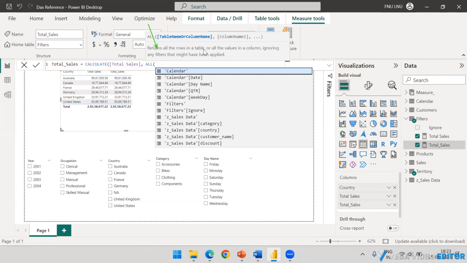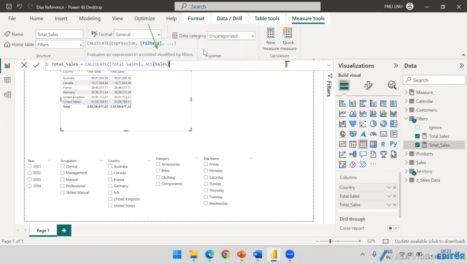Okay, so if I say I wanted to remove the filters which are applied to the sales table, meaning I wanted to return all the rows from the sales table. Actually, this is not going to remove these filters. What it will do, in this filter context, is return the new table, the table with all the rows, and based on that, this calculation is